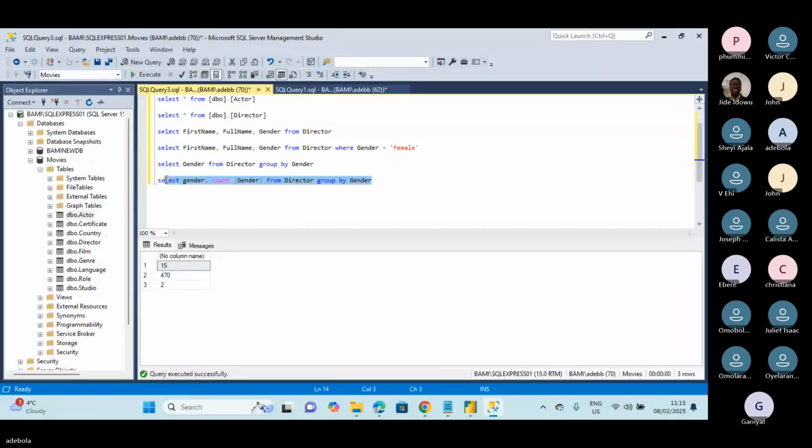Okay. Then, hold on. Okay, execute this one. Execute this. Wow. Okay. But this has no column name. Can someone fix that? Because it gave you the gender, but when you now say count, you need to give it a name, because you have used count. Gender as count gender as